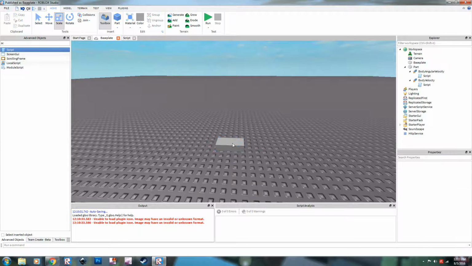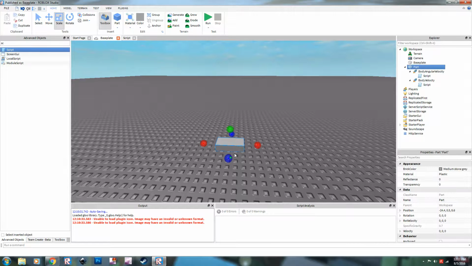You may think that if you increase the velocity on the x-axis, the part is going to spin in this direction, because that is the way the red arrow is pointing, where red is X and blue is Z. So you may think that it's going to spin that way because of the way that arrow is pointing, but